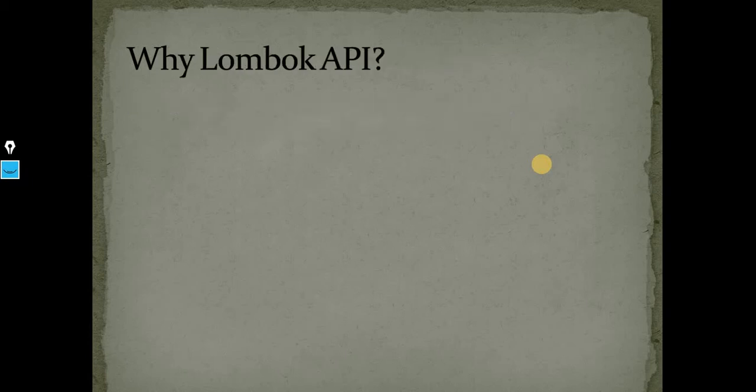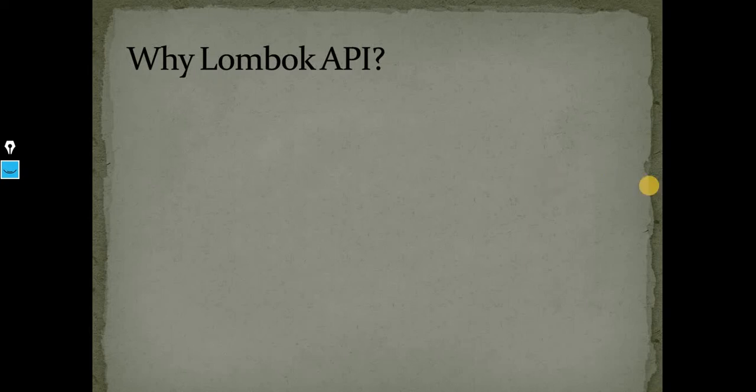To understand this, I am going to take an example which shows how we were dealing with the model class before using the Lombok API, and how we deal with the model class after using it.